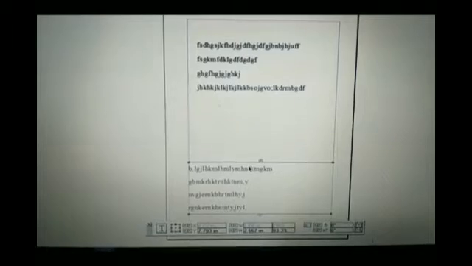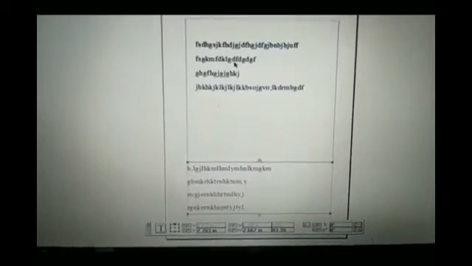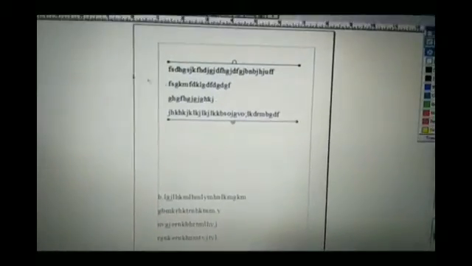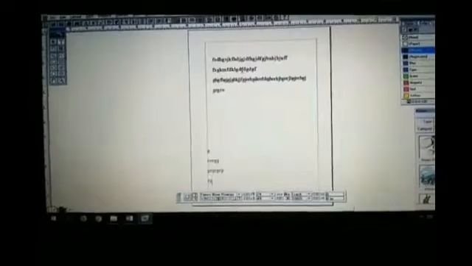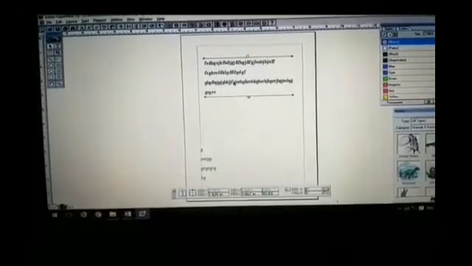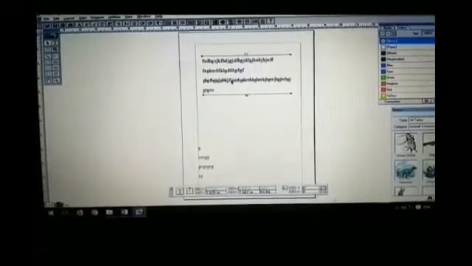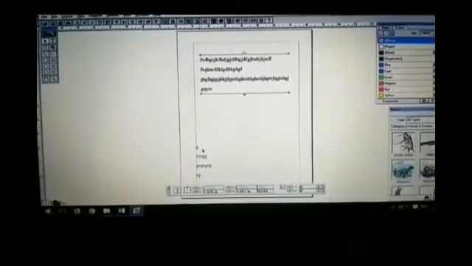This can be identified with the help of the plus symbol, and this process is called threading text. So what is threading text? The text is flowing from one text block to the next. While I am adding text in text block 1, I select the text tool and add the text in the first text block, and you can see where it gets added. I have allotted a text block of limited size. The first text block allows only 4 lines to type. So after the 4 lines I have typed, it will move on to text block 2.